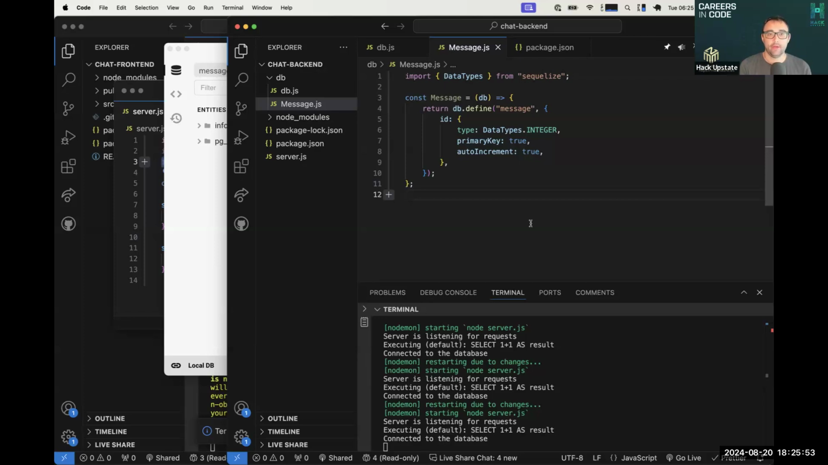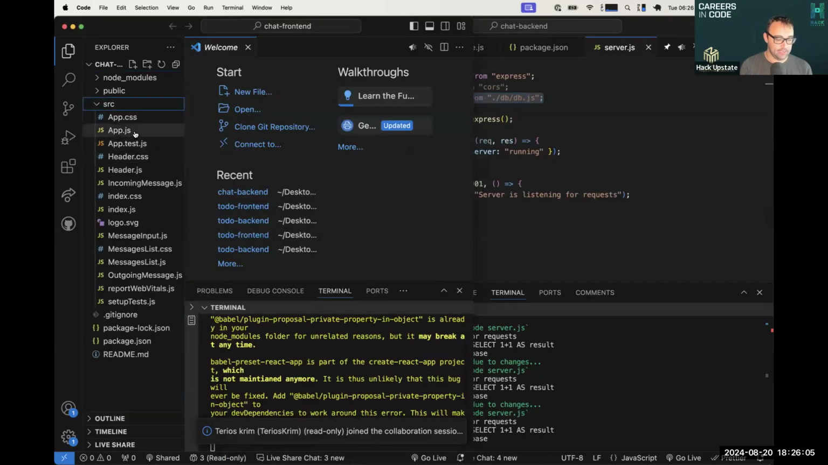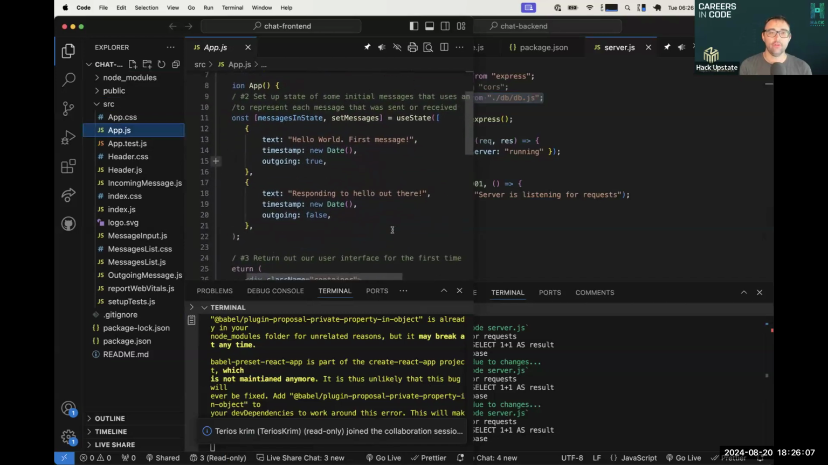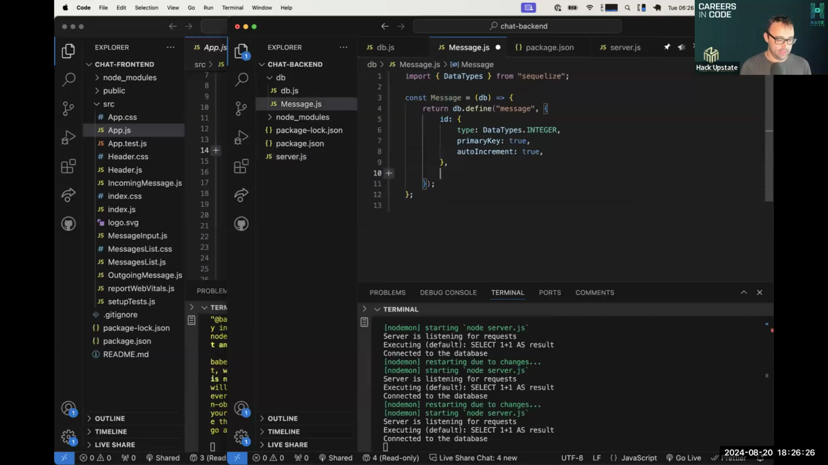We then need to think about, all right, well, what are the other data fields that are going to be in our table? Well, for that, we can actually go look, because in our front end, in our app.js, we already have something that's doing a lot of this heavy lifting for us. We already have the text, whether or not it's outgoing, and the timestamp of when it's sent. Okay, well, let's work with that. I mean, if it worked over here, it's probably going to work over here. So we're going to add in the